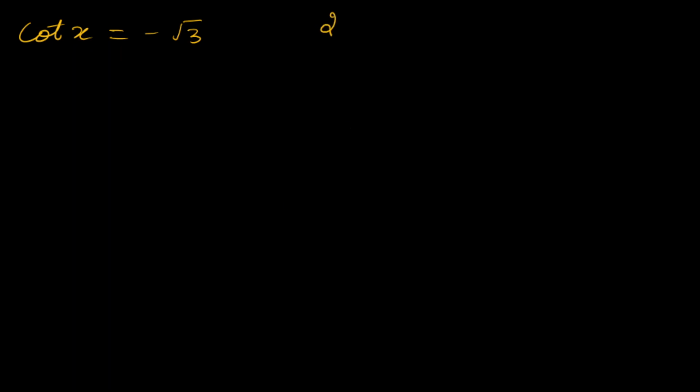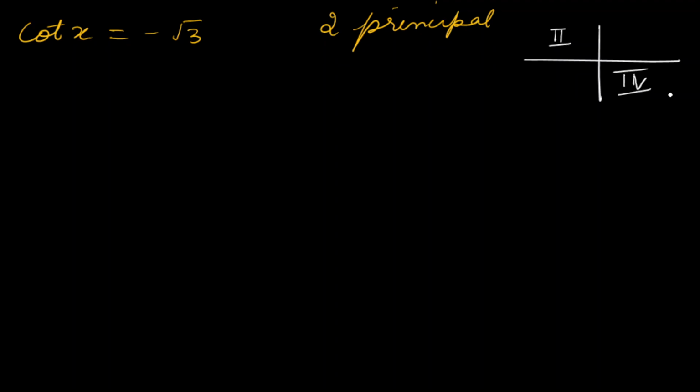Always I told you, you will be getting two principal solutions, because all the trigonometric functions are positive in two quadrants and negative in two quadrants. Here the value is negative. So that means for cot, you have to see in which quadrant it is negative. Cot is negative in the second quadrant and in the fourth quadrant, right? So whatever this angle is, I have to express it in the second quadrant as pi minus x, and in the fourth quadrant as 2 pi minus x. So this way I have told you to remember: whenever we are expressing an angle in the second quadrant, it should be pi minus x, and in the fourth quadrant 2 pi minus x.